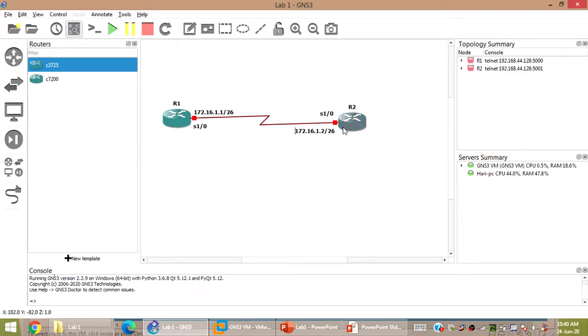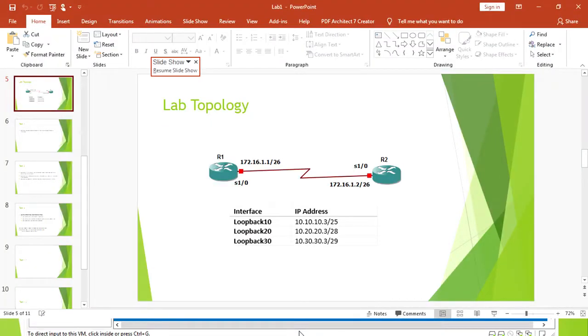I'm also going to assign some loopback addresses to R2. Let me take a note: I'm going to type loopback 10, loopback 20, loopback 30 and loopback 40. Loopback 10, 20 and 30 have IP addresses as shown in the PowerPoint.